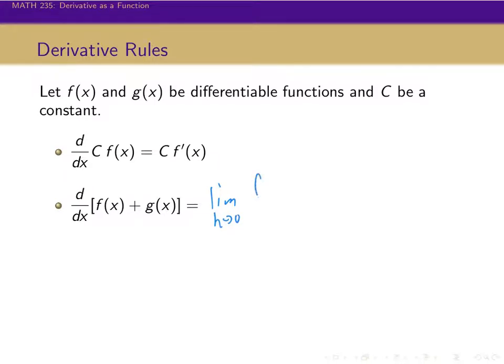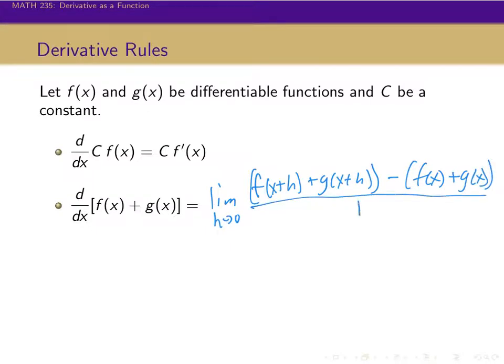And so plugging in x plus h here would give me f of x plus h plus g of x plus h minus f of x plus g of x. And this would all be over h. And so again, remember, h here is x plus h minus x. And so that h on the bottom, we're still thinking about that as dividing by a distance in